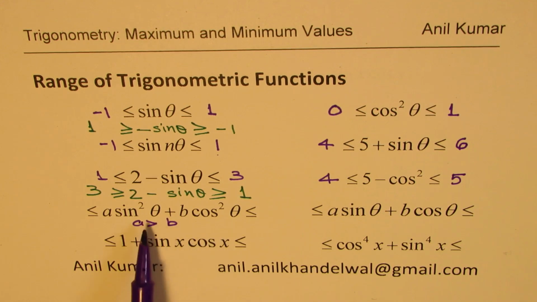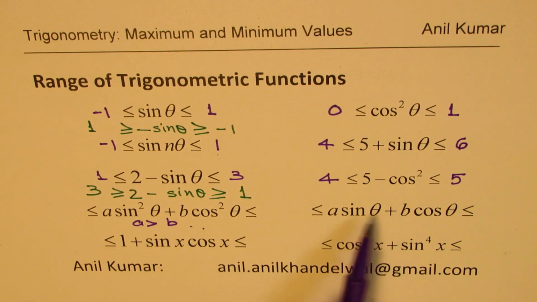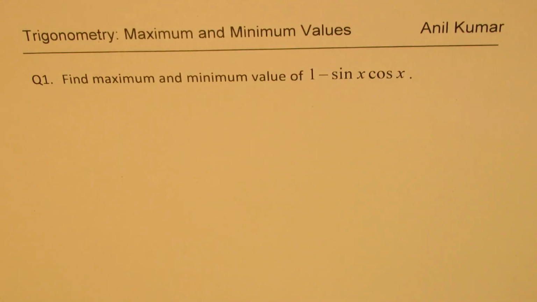Okay, but we'll keep it now. All these 4 we'll actually take up examples and then get back to them. That is better. Let's try to understand how to find their maximum and minimum values, and then we'll work out the examples. Perfect. So let's begin with the very first example, which is